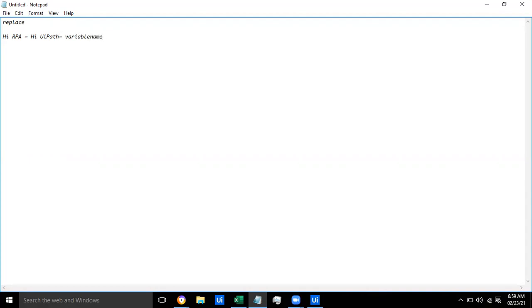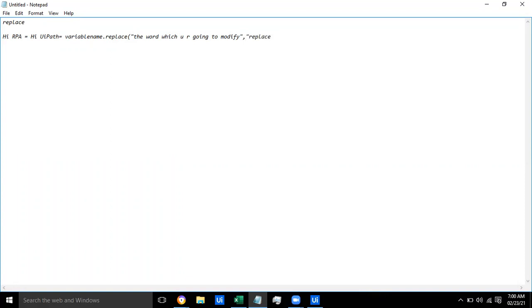Variable name dot replace of that particular variable name: the word which you are going to modify, comma, replacement word.